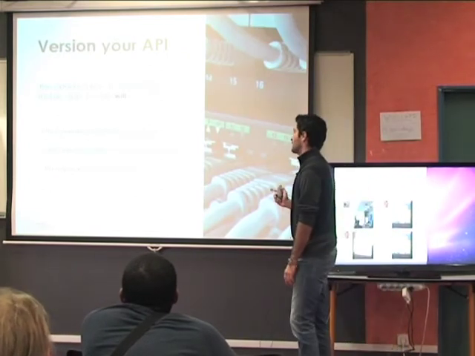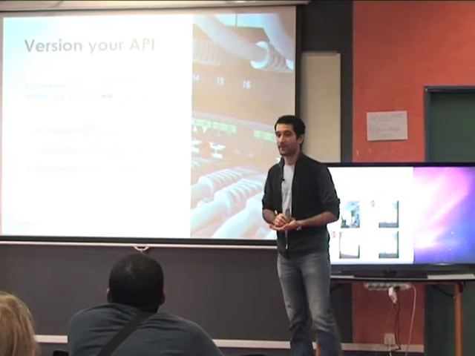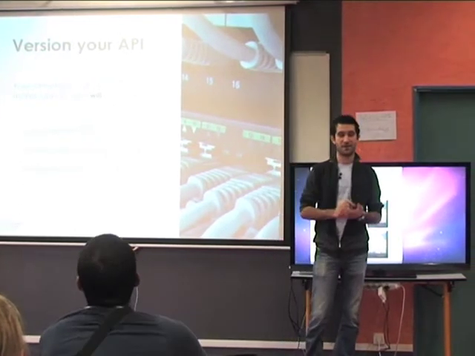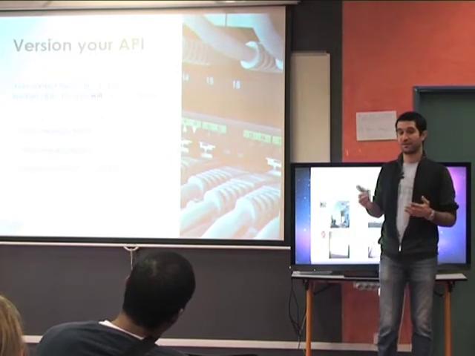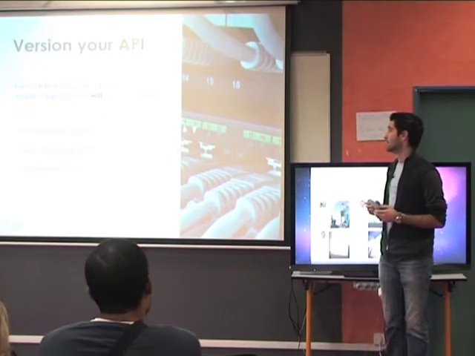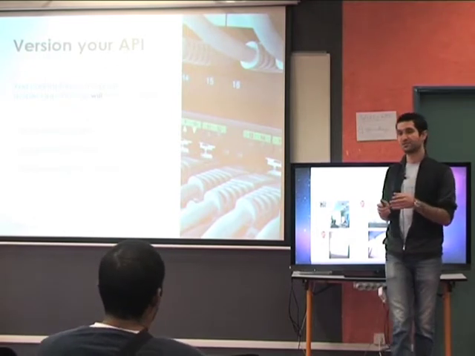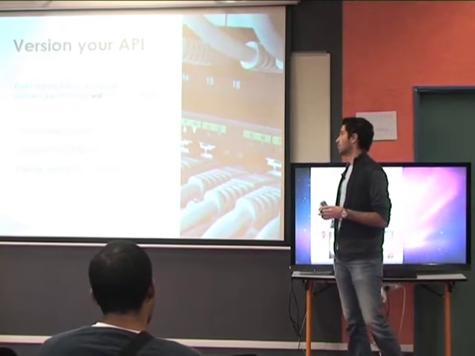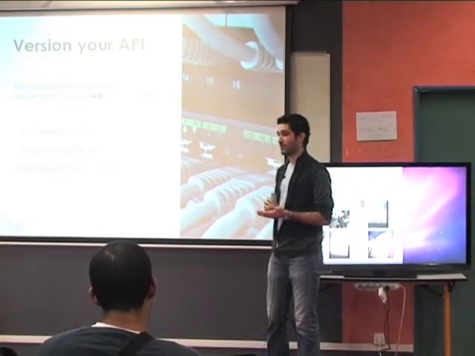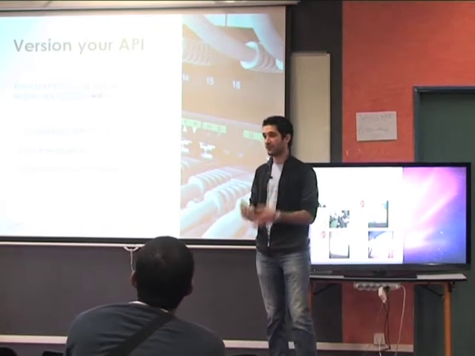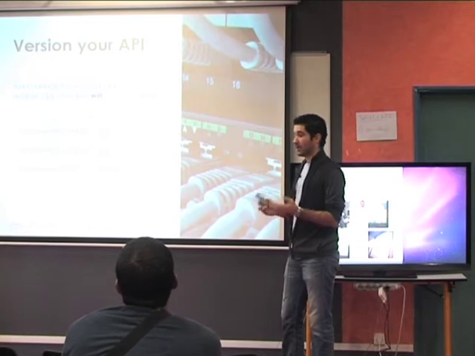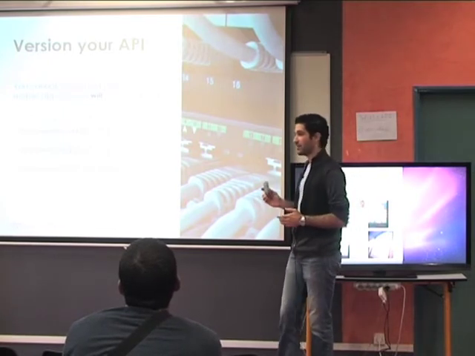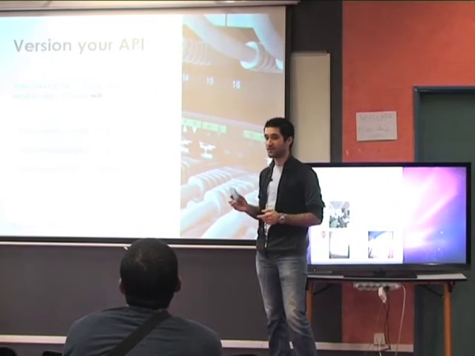So that's a good one. You have to version your API because mobile clients don't have to update. When you're on the web, everyone runs the latest version pretty much, or at least whatever version you decide. When you ship a mobile app, people don't have to update. They can remain on an older version. Well, that's OK, but you have to be very careful because that means you'll have to maintain an API,